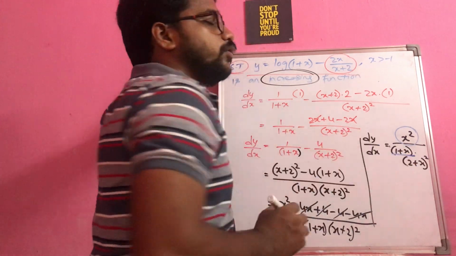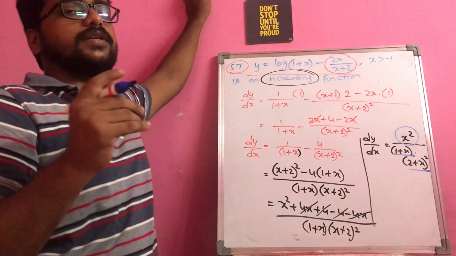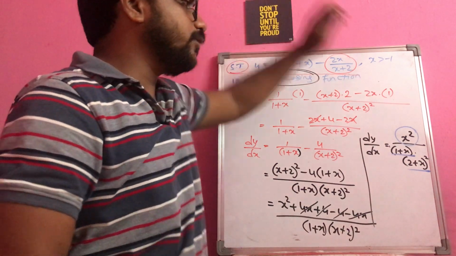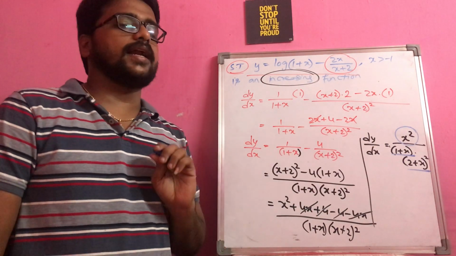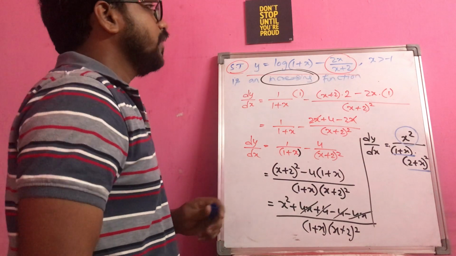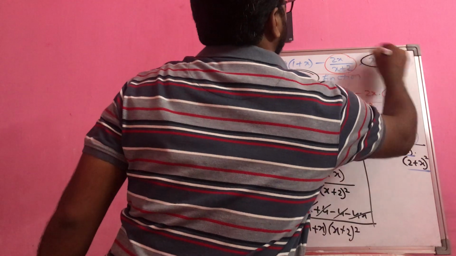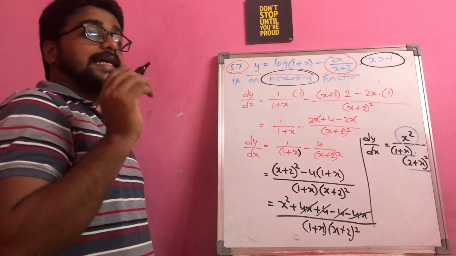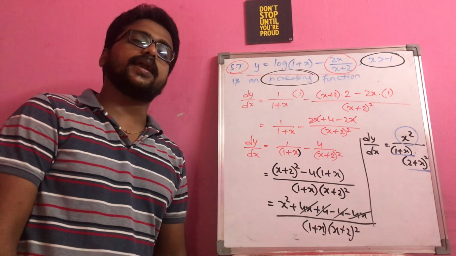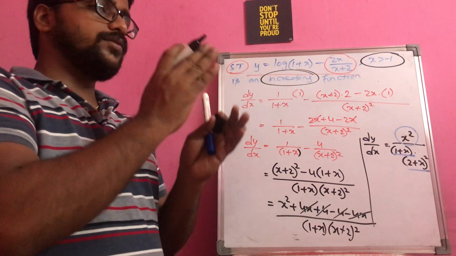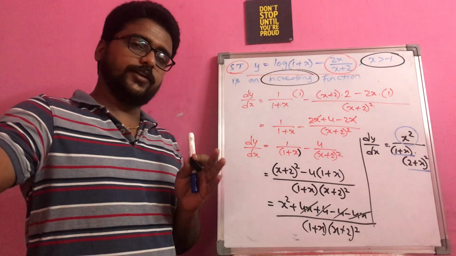1 plus x, we will think of it a little later, and then 2 plus x whole square you are having. 2 plus x whole square is anyway greater than 0 because again you are having a square here. Now come to this 1 plus x, whether it is greater than 0 or not, you have to come to a conclusion. Here, if you observe in this question, they mentioned another thing, that is x greater than minus 1. X greater than minus 1 means the input that you are going to give here will take a value greater than minus 1. So that means from minus 1, minus 0.5, 0, 1, 1.5, 2, 2.5, like that.